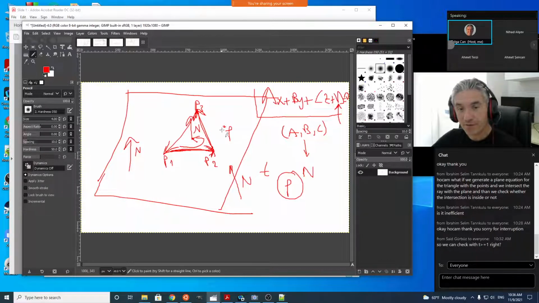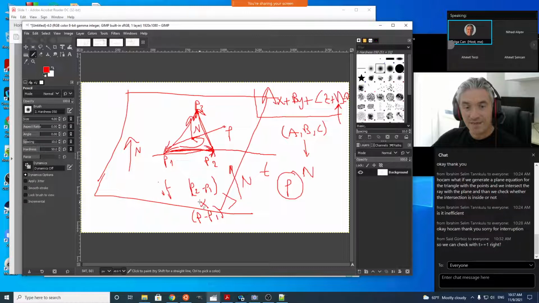And how can we check whether a point is to the left of a line? Again, by cross product. So we need to do 3 more cross products. For example, the cross product of P2 minus P1 with P minus P1, if the Z value of